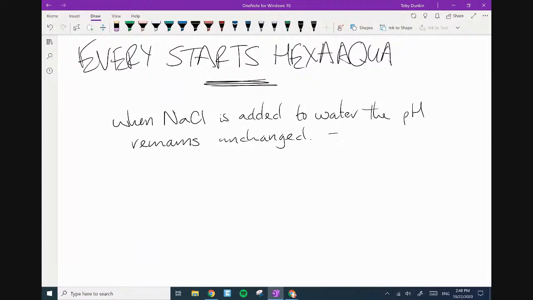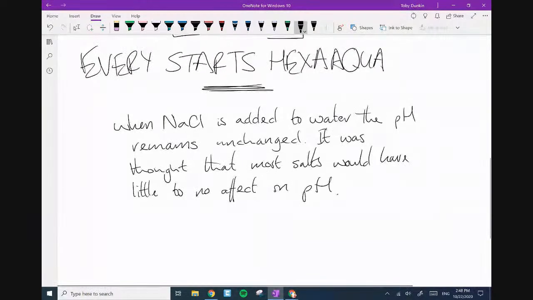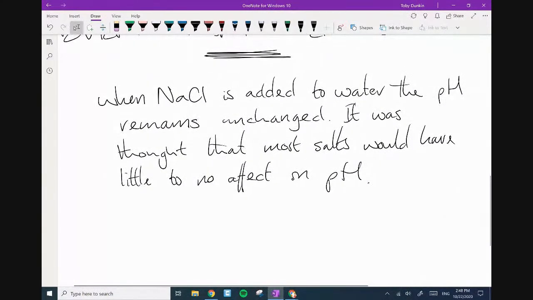Standard, it was thought that most salts would have little to no effect on pH. Now, if you've been doing acid base with me, you'll know that conjugate salts do have a pH